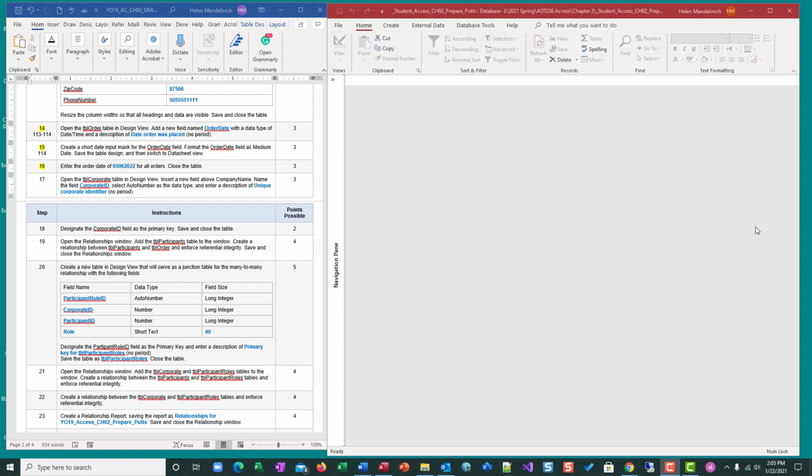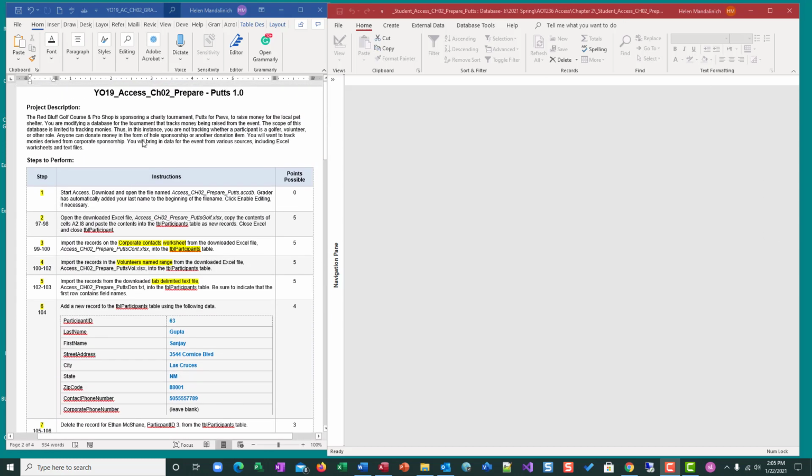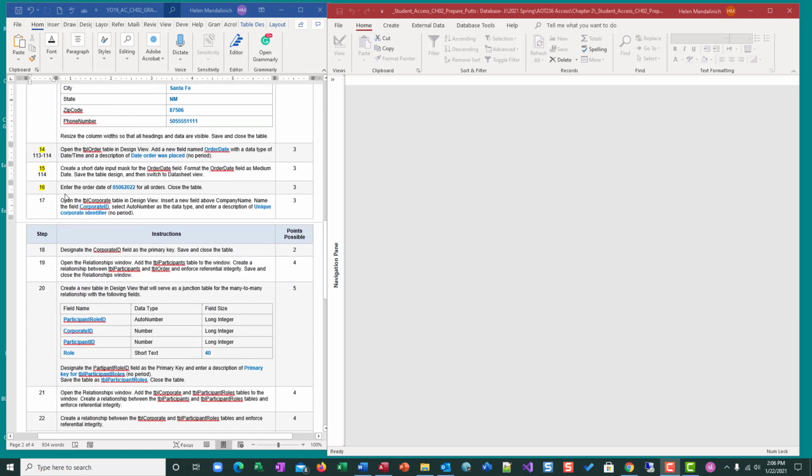This is the third movie for Access Chapter 2, the Prepare PUTS 1.0. We are on step 17. I have the instruction / rubric on the left. I have the database open on the right. So this first step, step number 17, has us looking at the instructions on page 118